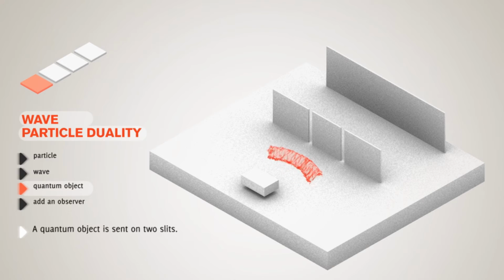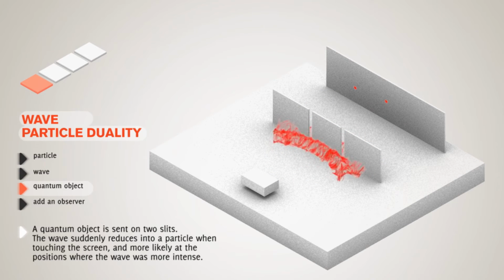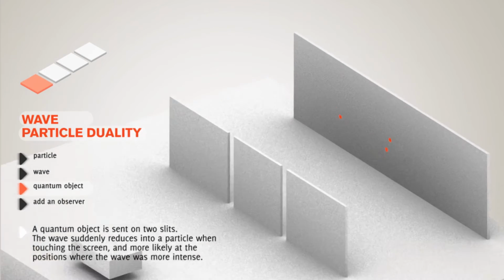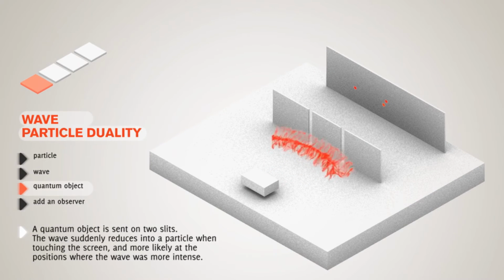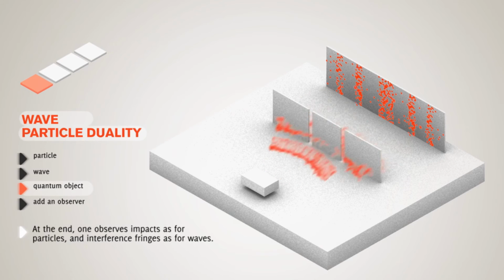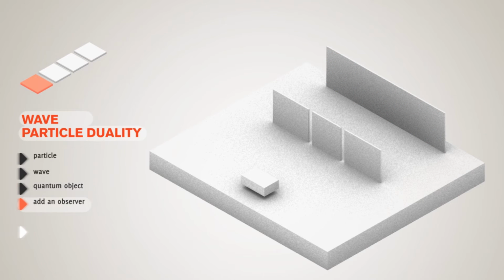When we send a quantum object, called a quanton, through the double-slit experiment, classically we would expect it to act like a tiny particle and form two bright stripes behind each of the slits. However, when we send a quanton, like a photon or electron, through the experiment, we find an interference pattern, just like we get with waves. This happens even if only one quanton is in the experiment at a time. Somehow, the quanton is interfering with itself.